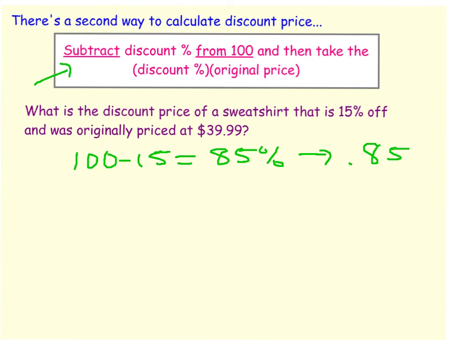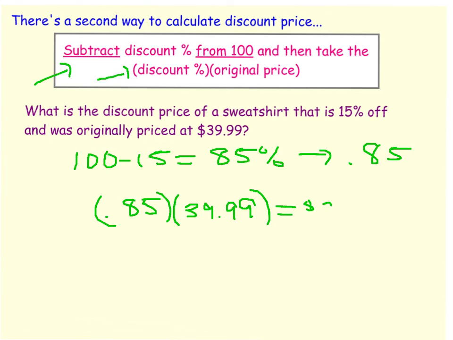So I have 85 hundredths. And now I'm going to follow the formula and take my discount percent times my original price of $39.99. And when I do that, I get